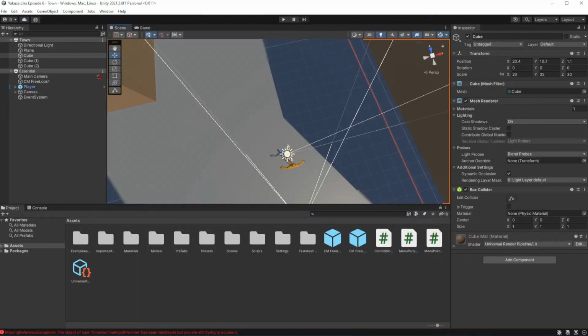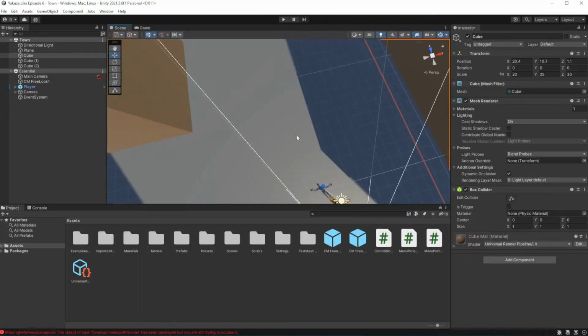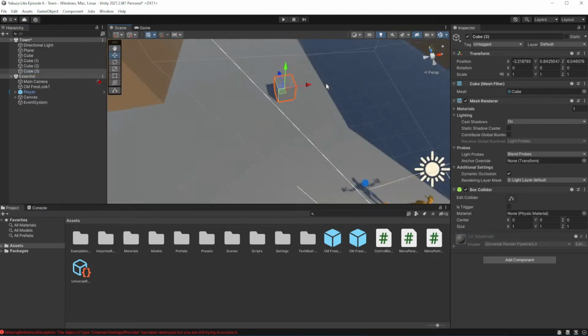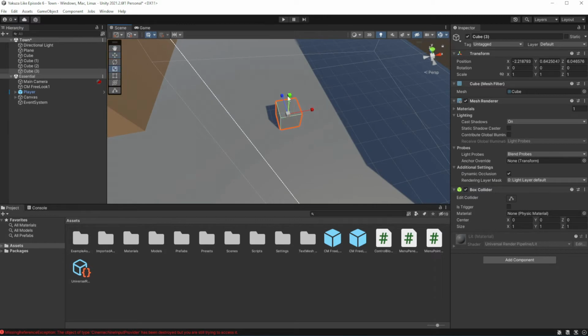Today we want to make it possible to interact with objects on the scene, and we want to make a system which will allow us to easily and quickly assemble and place interactable objects on the map. So let's drop some cube on the scene, as an object we will be interacting with.